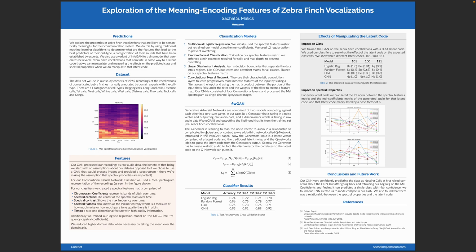First we're going to look at the impact on the class when we manipulate that latent code. We gave different latent codes with the same noise vector to the generator, got the output, and then used the different models to guess the class. We found the convolutional neural network was seriously confident that these were nesting calls. Very, very confident. We retrained our multinomial logistic regression to use the MEL coefficients, because maybe that was really important to figuring out call type, and the CNN was just very confidently wrong. And it turns out,